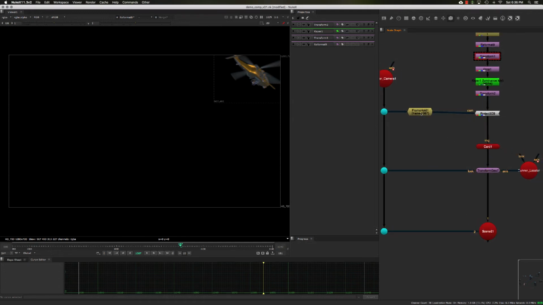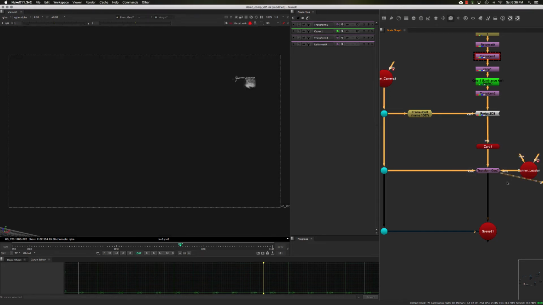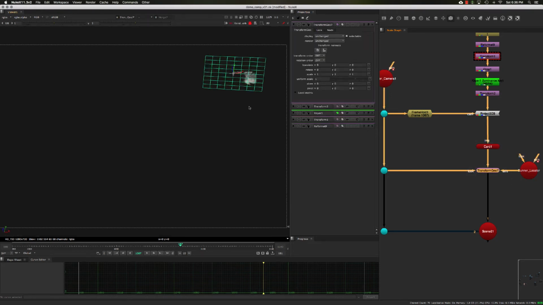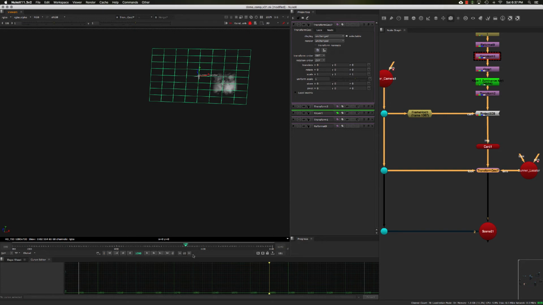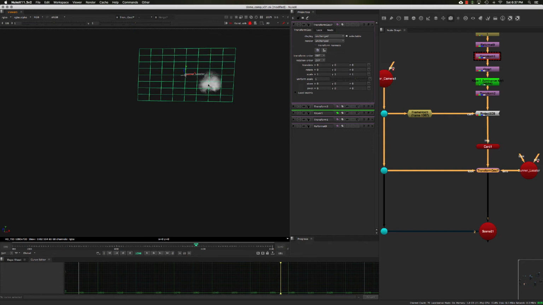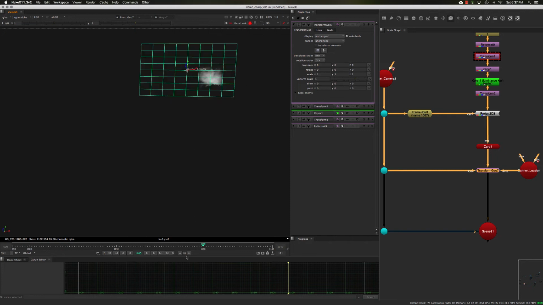So if I plug this frame hold into the camera input of our Project 3D, and we look in 3D space with our transform geo, and now if I go to another frame, you could see our card is moving and our element is being projected onto this card. And its initial lineup frame was 1087. So that's what it's doing. So if I again go back to 1087,